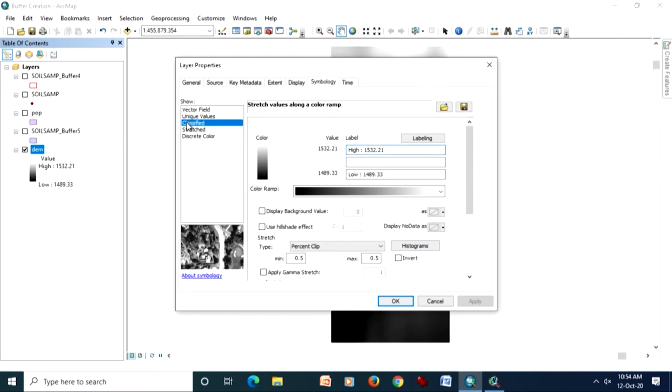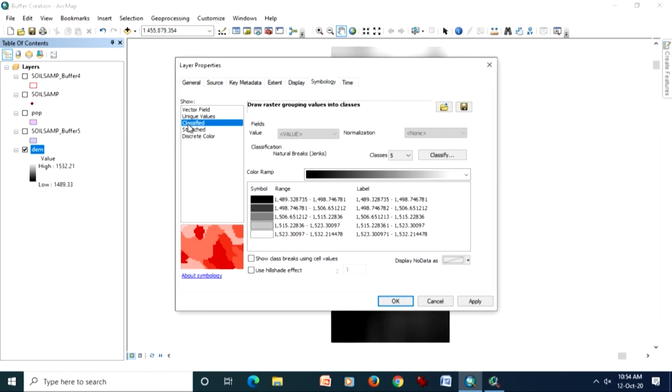As I told you when we were discussing classification of attribute data, there are about 7 types of classification techniques which have been implemented in GIS, including the manual classification technique.